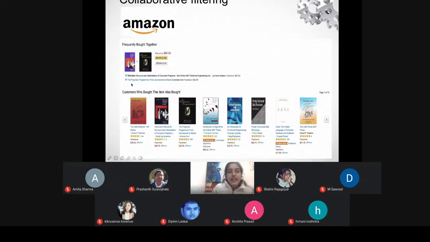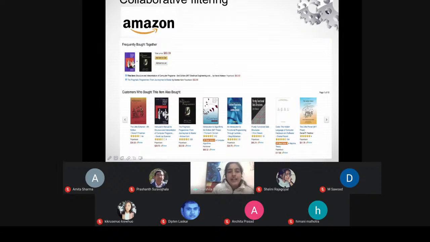ठीक है, तो हम यहाँ पे मानते हैं similar users will tend to have similar taste in the future too. Okay, or you can say similar kind of items. Basically, it employs the item to item based collaborative filtering. So we can say similar kind of items will have the similar kind of users that will rate. Now similar kind of items का मतलब क्या है? The similarly rated items. ठीक है, अगर हम कहते हैं कि यहाँ पे this book also has the similar kind of rating with the same user, ठीक है, इस पे second item also has the similar kind of rating. So these are the similar kind of users, ठीक है, जिसको हम यहाँ पर recommend कर सकते हैं.